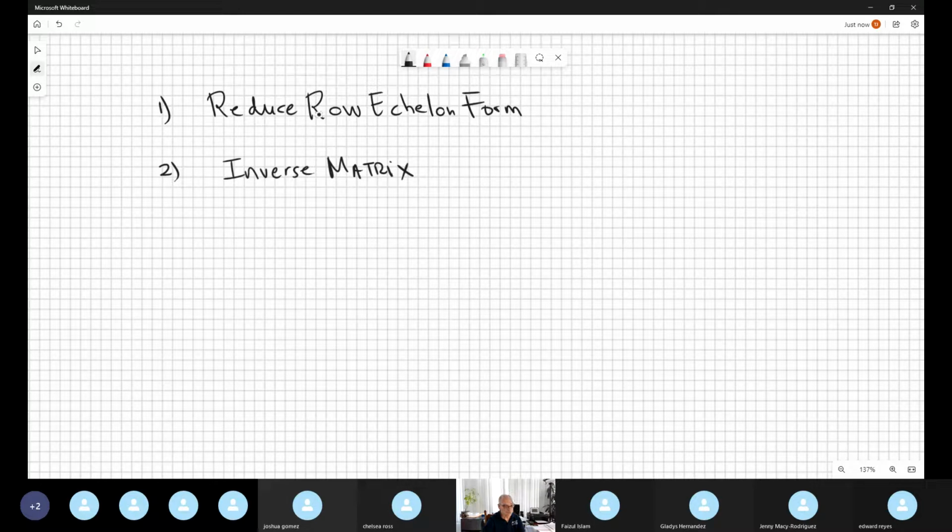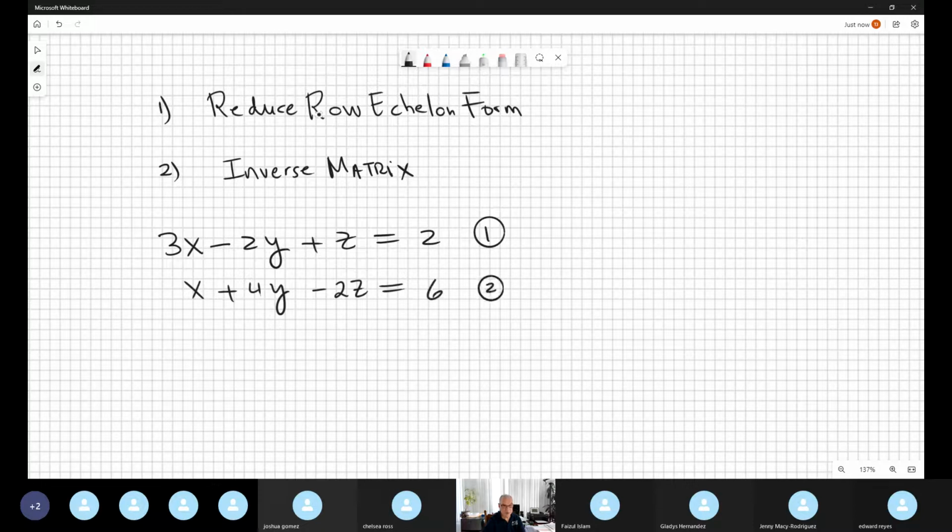What is the idea behind this? Suppose we have a system. Let's start at the beginning from scratch. 3x minus 2y plus c equal to 2, this is my first equation. x plus 4y minus 2c equal 6. I need to check in detail, because if you change one number or one sign, you are solving another